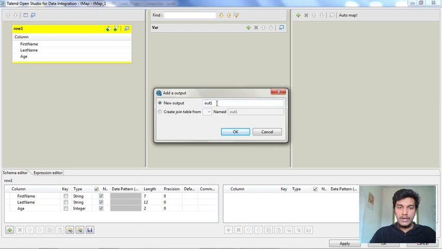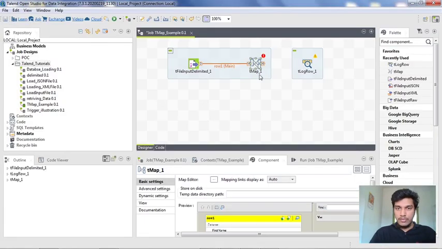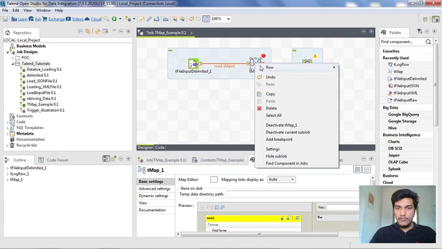The default name is out1, and if I click OK, it will create the table. If you save it, click OK, go to the tMap and click on the error row, you will get the output table that you have, as output one row.